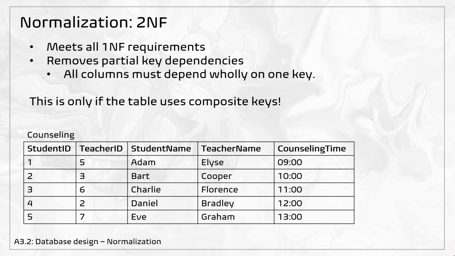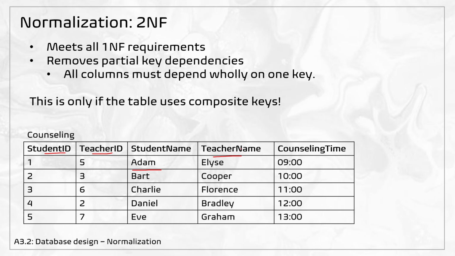The second normalized form, or 2NF, meets all 1NF requirements and additionally removes any partial dependencies. This only applies when tables have composite keys. Partial key dependency happens when non-key attributes only depend on a part of the composite key. Here, in this table, student name only depends on student ID, while teacher name only depends on teacher ID. We would fix this by splitting the tables into separate student and teacher tables, and then add the counseling times